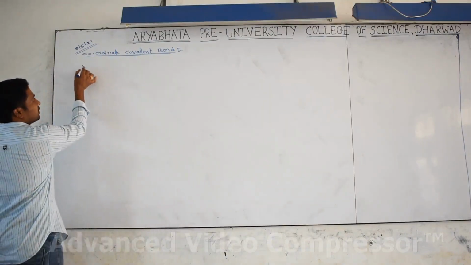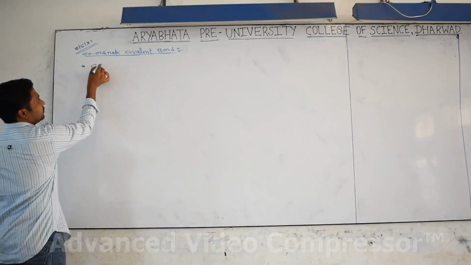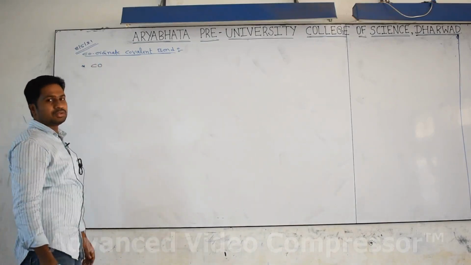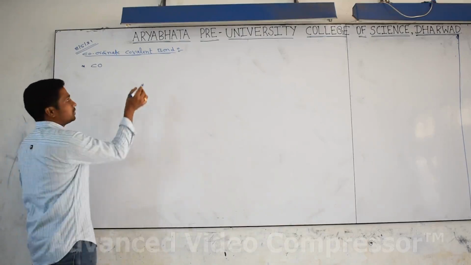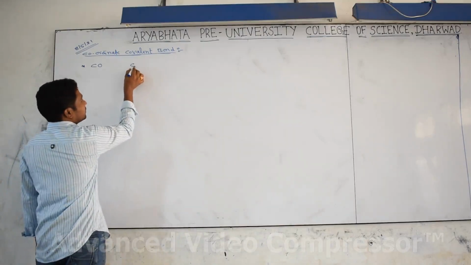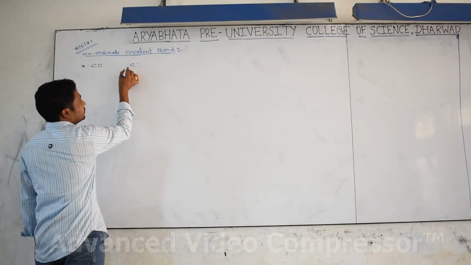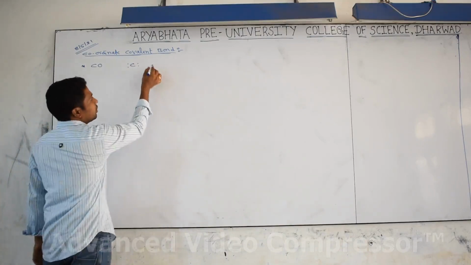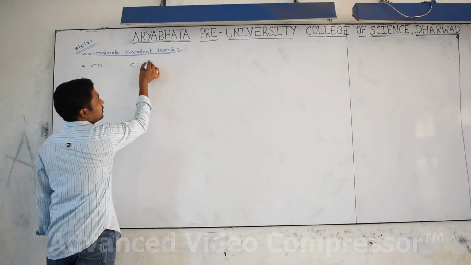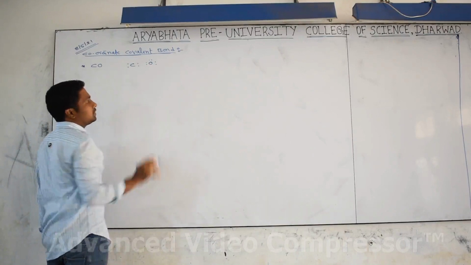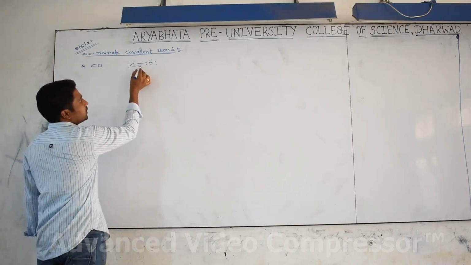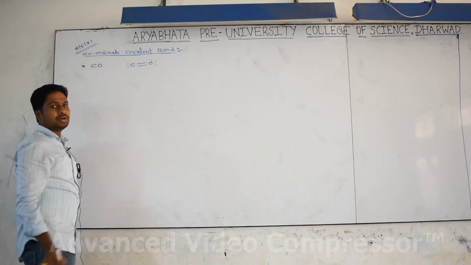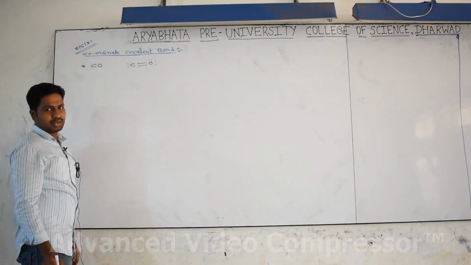This is the first example, the CO molecule. You know, CO is carbon monoxide. So just write down the Lewis dot structure for this. Carbon has 4 valence electrons, denoted as 4 dots. Oxygen has 6 valence electrons, shown as 6 dots. First of all, 2 pairs are shared, so we get 2 covalent bonds.